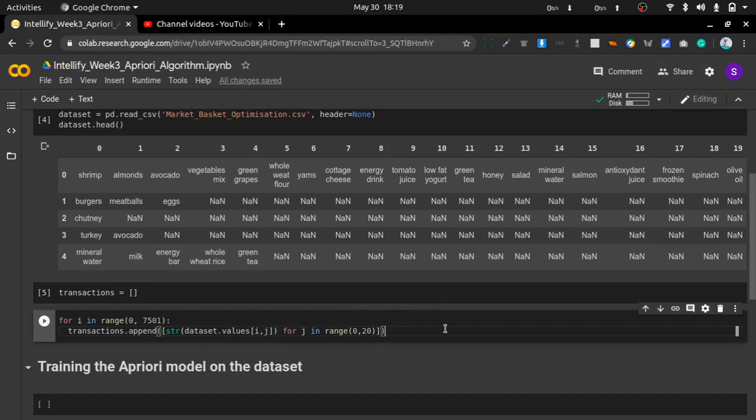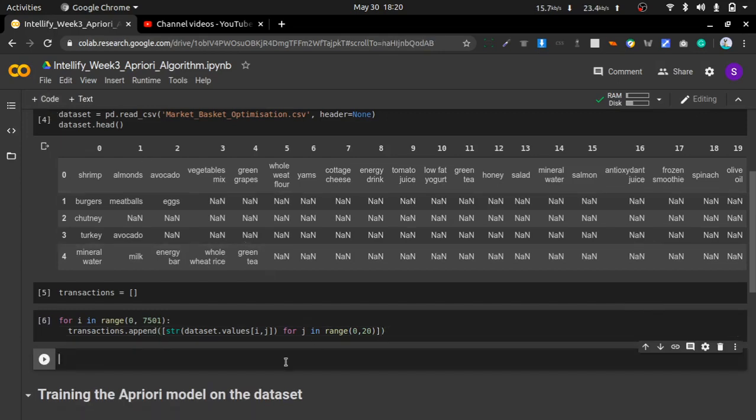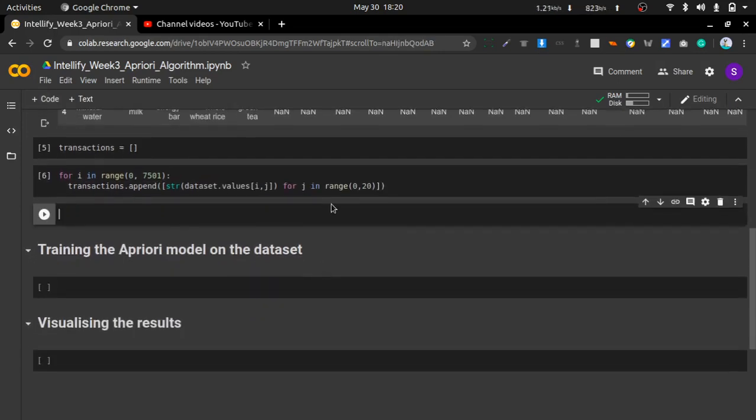So let's run this. We are doing this because the apriori method will just know the multi-dimensional array, it will not know how to tackle the data frame. So let's print the transactions. I will not print all because it is very huge.